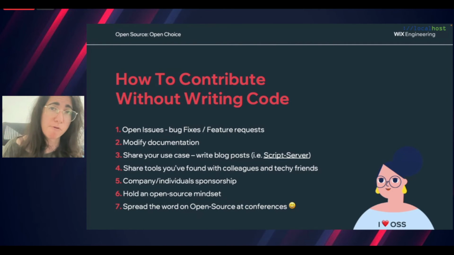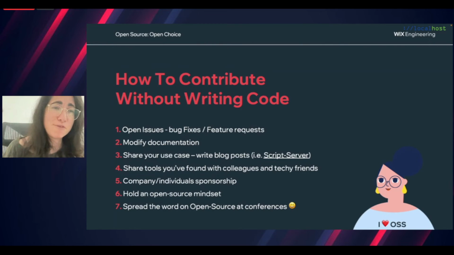It will help the project be much more robust and fit a lot of use cases because of what you will raise. Modified documentation. So as I showed you, documentation is part of the considerations, and it is a metric of its own. And writing documentation is a skill. The speaker before me said that maybe a lot of people don't like to write documentation, but documentation is key. And if the documentation is not good enough, maybe I wouldn't even select this project because I don't know what this project is about, right?